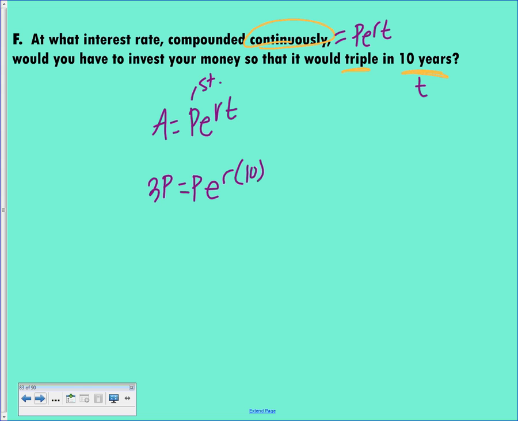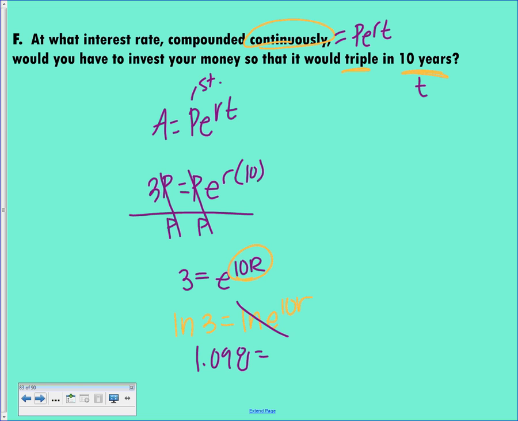Well, I'm solving for r, so it'd be nice if I could get rid of these P's, which I can. I could divide by P, so that will cancel, and my P's will cancel here. So I'll get 3 equals e to the 10r. Well, now it looks like the ones we were just doing, because I'm looking to solve for r, and because of the e, I have to ln it. So I'll say ln of 3 equals ln of e to the 10r. Well, ln of 3 is on my calculator, so 1.098. ln and e cancel, so that equals 10r. So if I divide by 10, I'm going to get r equal to